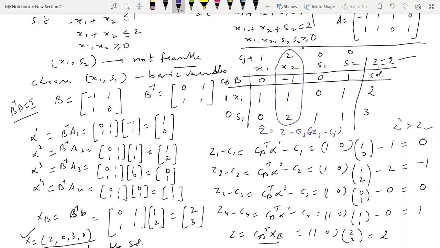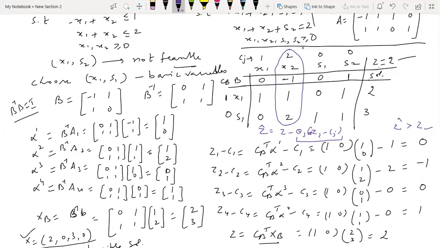So if there is more than one non-basic variable whose zj minus cj is negative, then I can choose the one which has a larger negative value. Otherwise, I can choose the one for which this product is most negative, because if it is most negative, I will have a larger improvement. But for the sake of simplicity, I am taking only zj minus cj. If zj minus cj is negative, we enter. If it is more negative, we will choose that one. I'm coming to those problems in a few minutes.